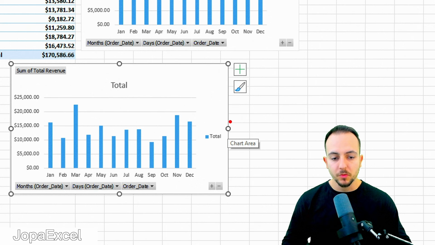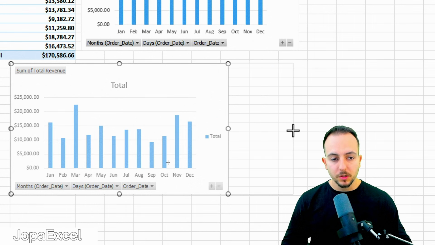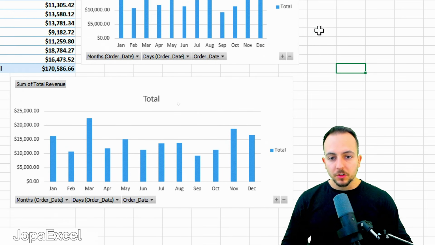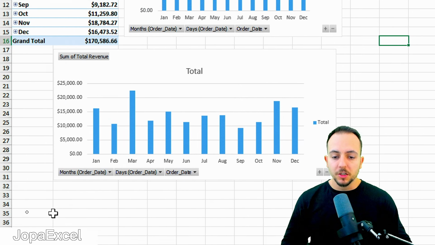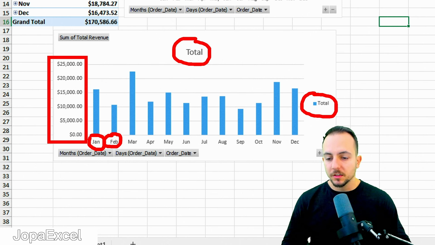Click, hold, and drag within those handles. Click, hold, and drag outwards like this. As you guys can see, we have all the information we need. For example, the labels, the legend, title, the axis to the left, this horizontal reference line that is the grid line, and